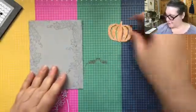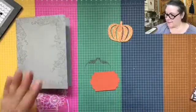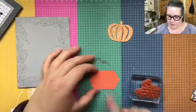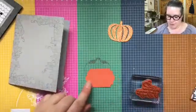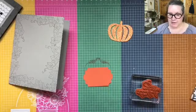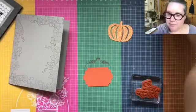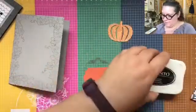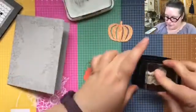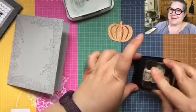Okay, so that stamping is done, and the last stamping I have to do is to stamp the sentiment onto this little Calypso Coral piece of cardstock. I used the Classic Label punch to punch that out really easily. I think I'm going to go in with Memento Black. I want to make sure that even though there's lots of fun colors and bling that's going to happen on this card, that